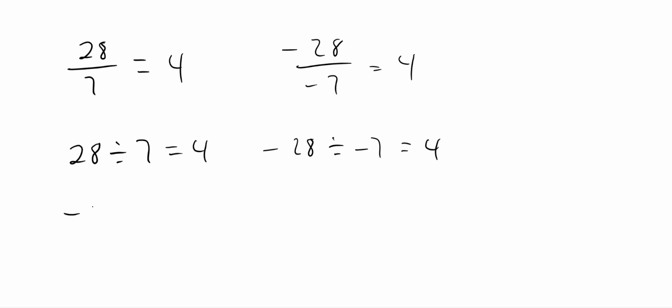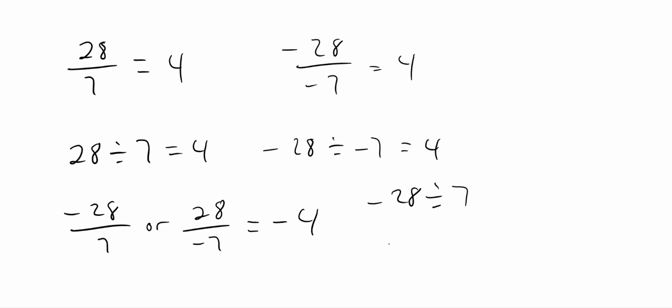Okay? But if I change one of the signs, negative 28 over 7, or 28 divided by negative 7. If one of them is negative, then it's a negative answer, so it's negative 4. Right? If one of them is negative, the answer is negative. If they're both positive or both negative, the answer is positive. Okay, you got to know that. Very, very, very important. Okay? All right, so that's not bad, right? So that's a little multiplication. And again, you could use your calculator, but just to kind of get an idea what to do, that's really